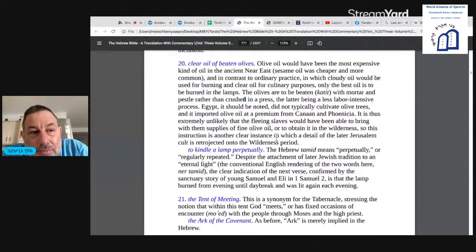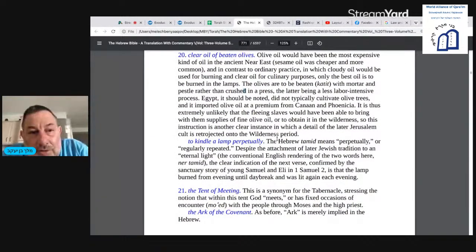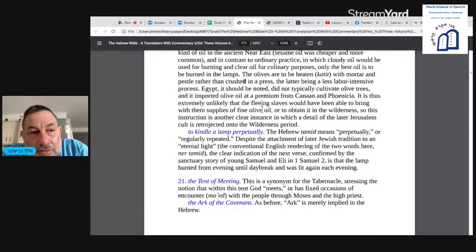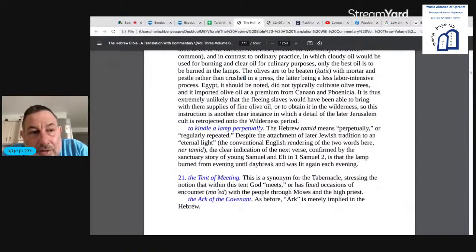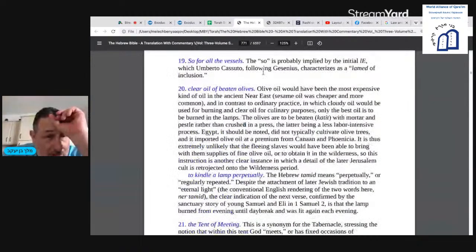practices. Egypt, it should be noted, did not typically cultivate olive trees, and it imported olive oil at a premium from Canaan, and that supplies of fine olive oil or to obtain it in the wilderness. So this instruction is another clear instance in which a detail is correct enough. Yeah, but we have a lot of interesting information here,